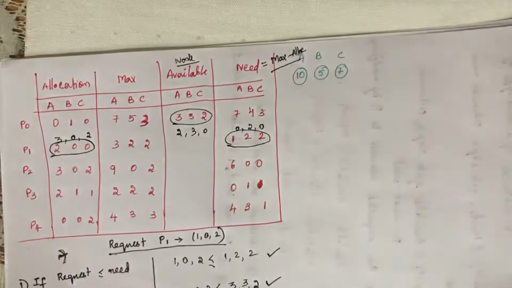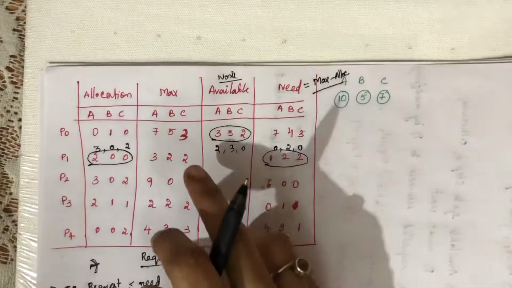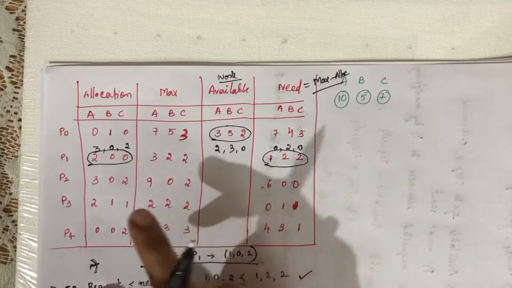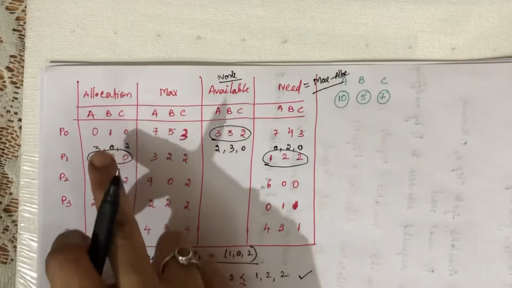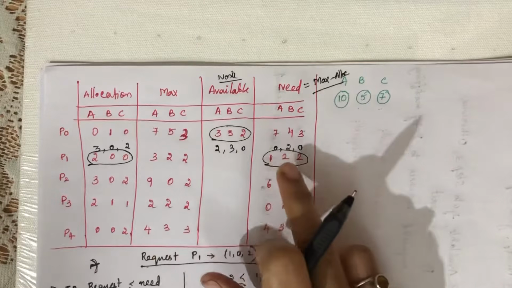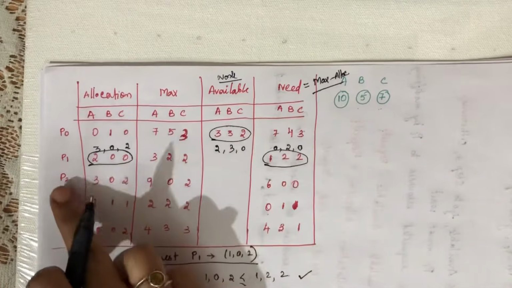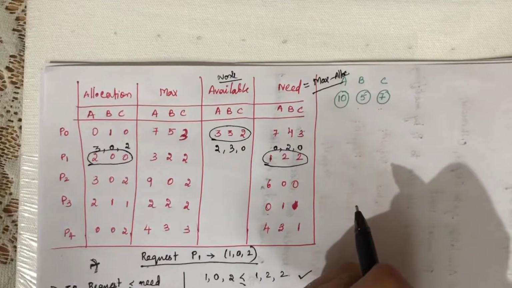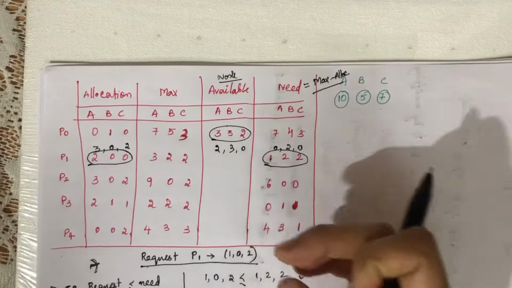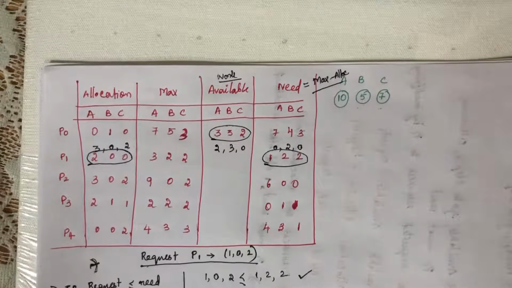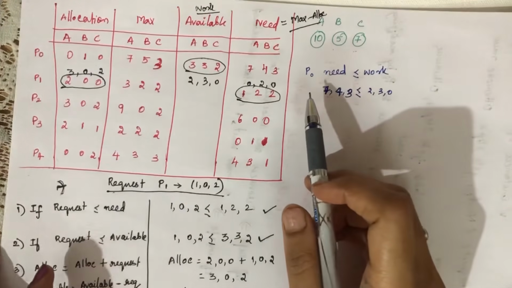So in the resource request algorithm, we are not going to change other processes. We are going to change only the process that requests the resource. So here we have changed the allocation value, the available resources, and the need value for the process P1. Now we will use the safety algorithm and find out whether this condition will be in the safe state or not.